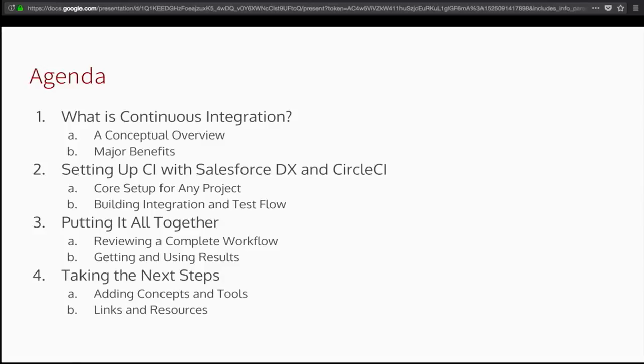Towards the end of the talk, we're going to put all these things together and look at an actual development workflow where we'd be writing some Apex code, making declarative changes in the user interface of Salesforce, putting those things together, and seeing how continuous integration can help us guide that development process and surface any issues that come up. And we'll look at some next steps, some additional tools that you can integrate within a CI environment that add even more value or insight to your development process.